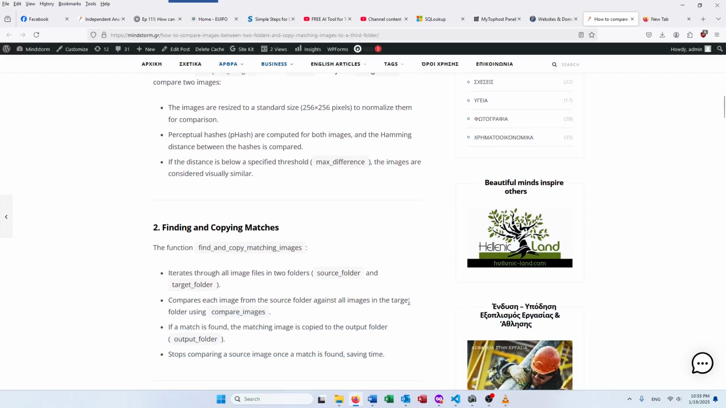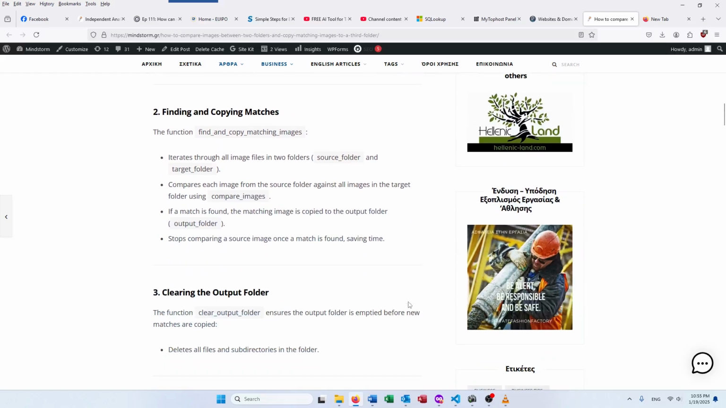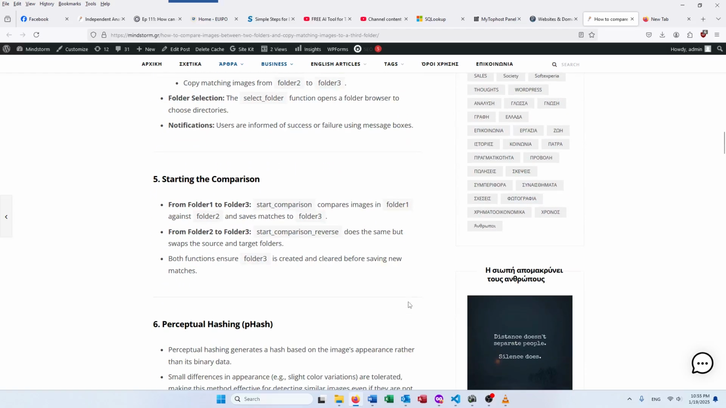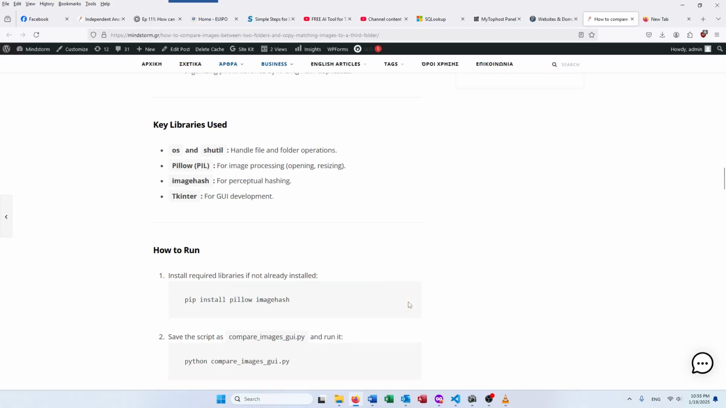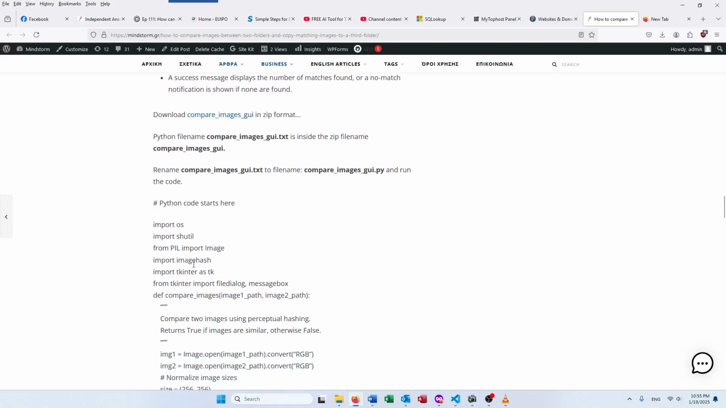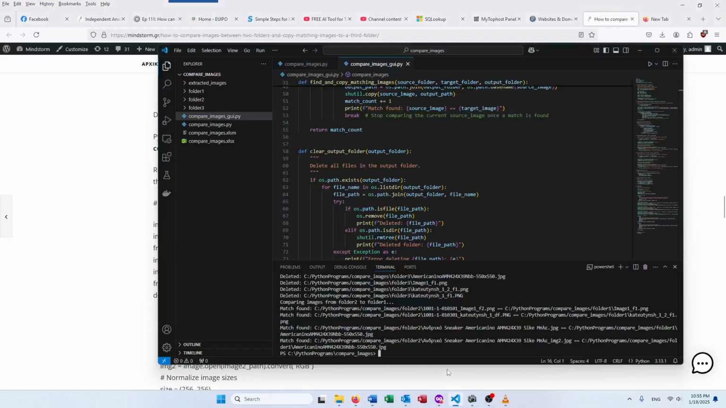Here are all the steps if you want to read this article, but we're gonna go straight forward to the code, which is shown here in case you want to use it, and you're gonna see how it works. So the name of the file is compare images GUI.py,